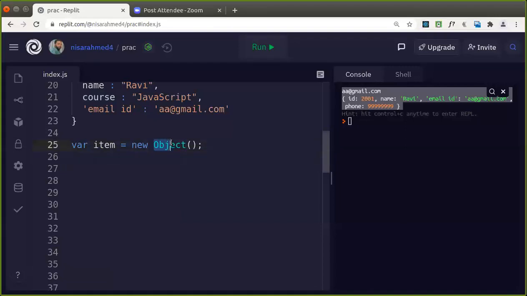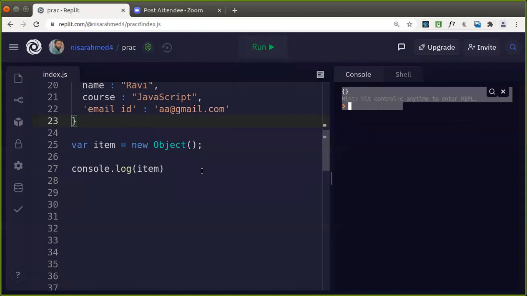Then Object is a predefined class here. Using that you can just create it. So in JavaScript we use class and object interchangeably, unlike other languages. So you can just check it out. You'll have an object created with no keys or no properties. Sorry, an empty object is created here.